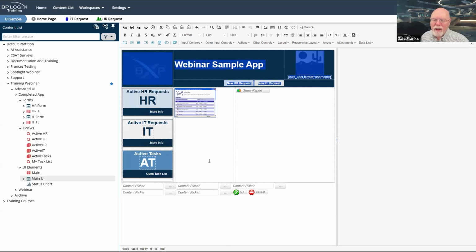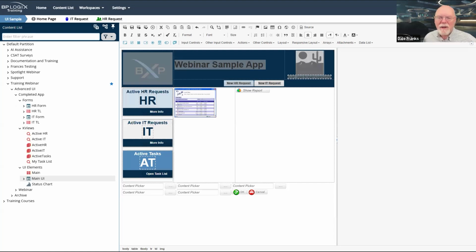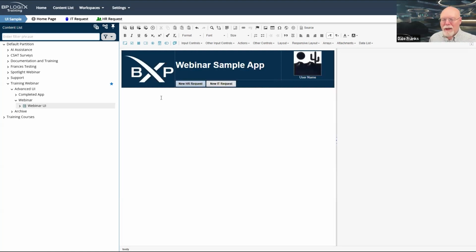I'm only going to need, well, depending on how I do that, I'm going to need to nest some tables here. So let's talk about table nesting. So in Process Director, you can nest a table inside a table. That's just a standard HTML function. It's not anything amazing we do. It's just how tables work. And so that's what we're going to do here.